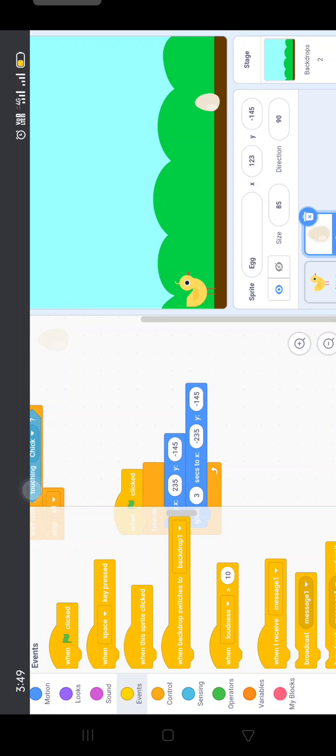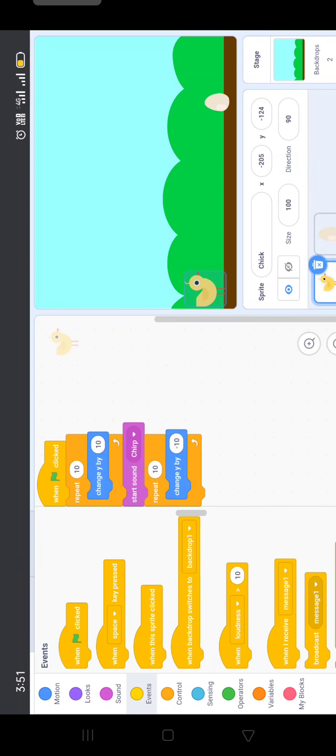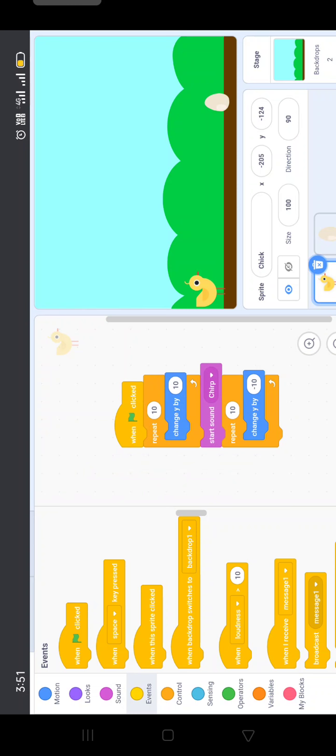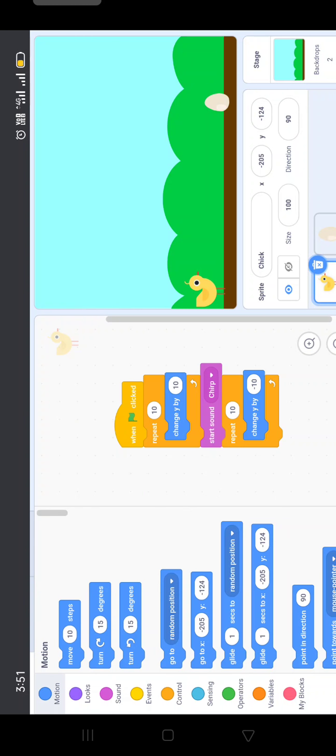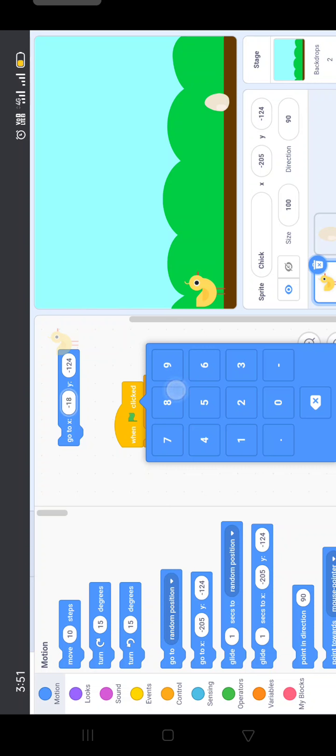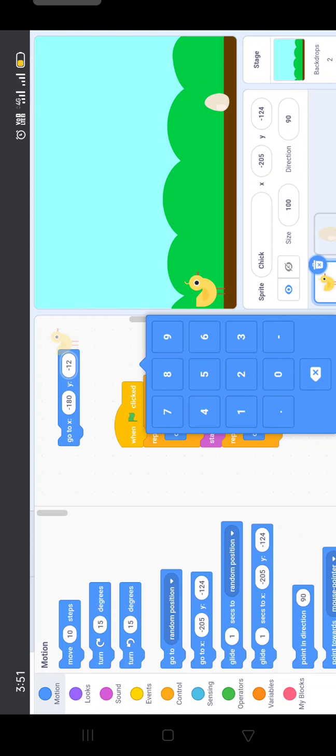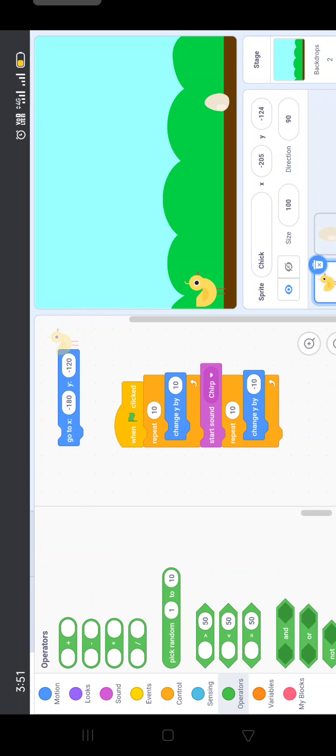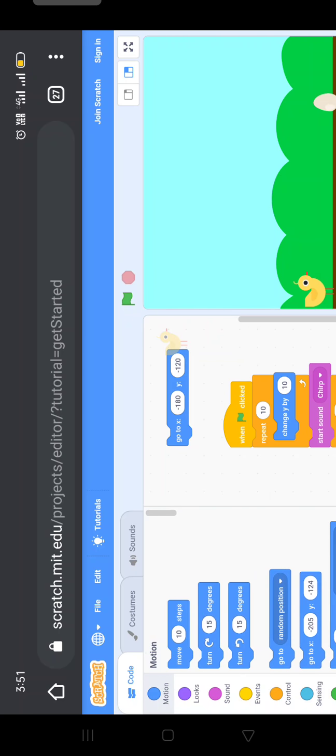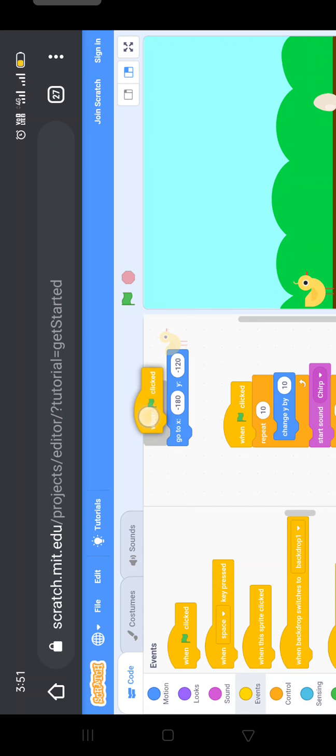Now here come to chick, and when we click this, it is jumping, to come back again, go to motion here, and you have to select one more option, that is go to x, that is minus 180 by minus 120, and I have to select when clicked, not operators, go to motion events, when clicked, we have to add here.